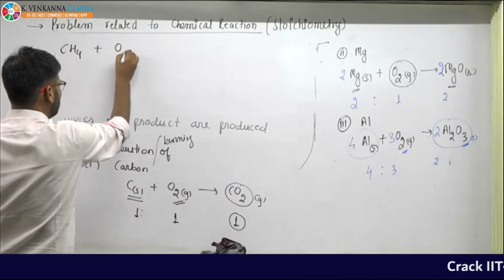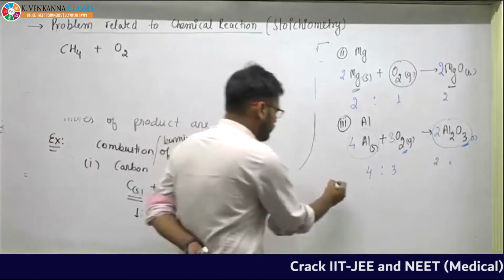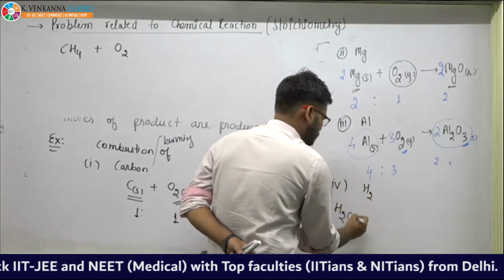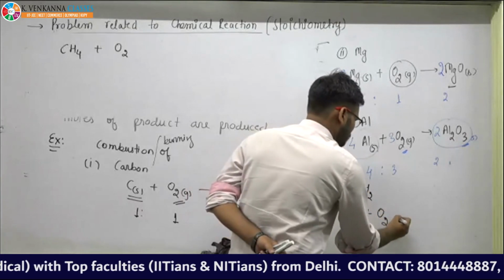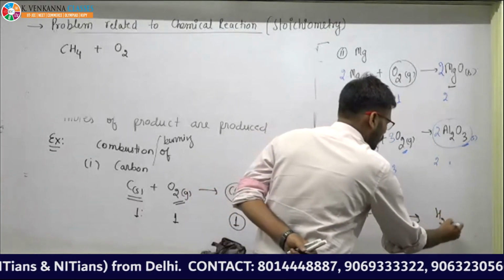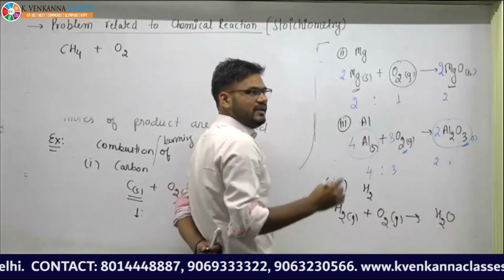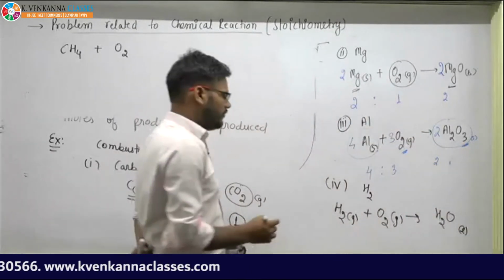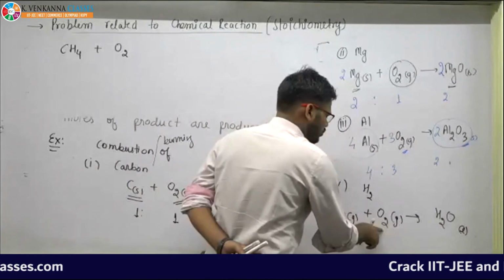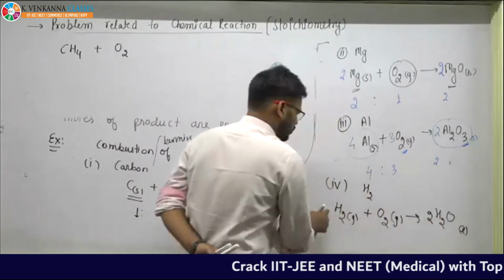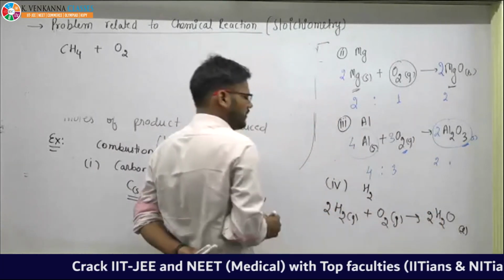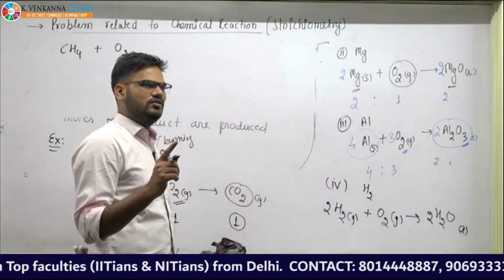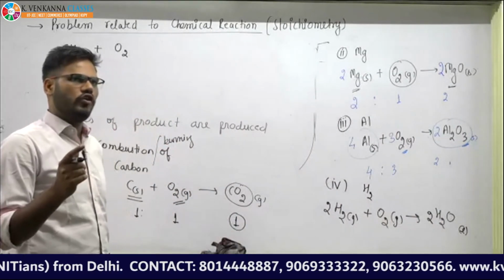If you want to burn the methane, see here you can also take one example, hydrogen. So if you burn hydrogen with oxygen, you will get H2O, water, or at room temperature it will be liquid. Okay, so you will get water. If you want to balance it, then you see here are 2 oxygen, multiply by 2. So there are 4 hydrogens, so you have to multiply by this. So 2 moles of hydrogen on reacting with 1 mole of oxygen produce 2 mole of water.